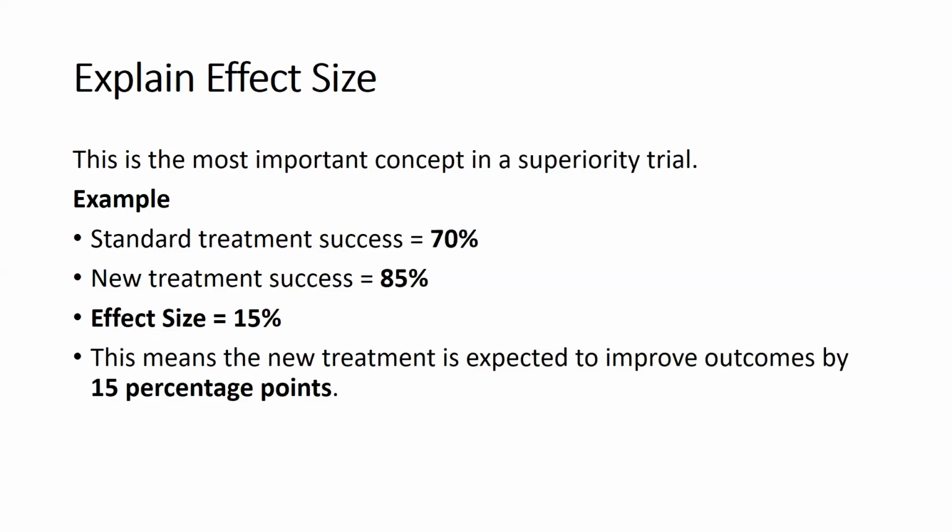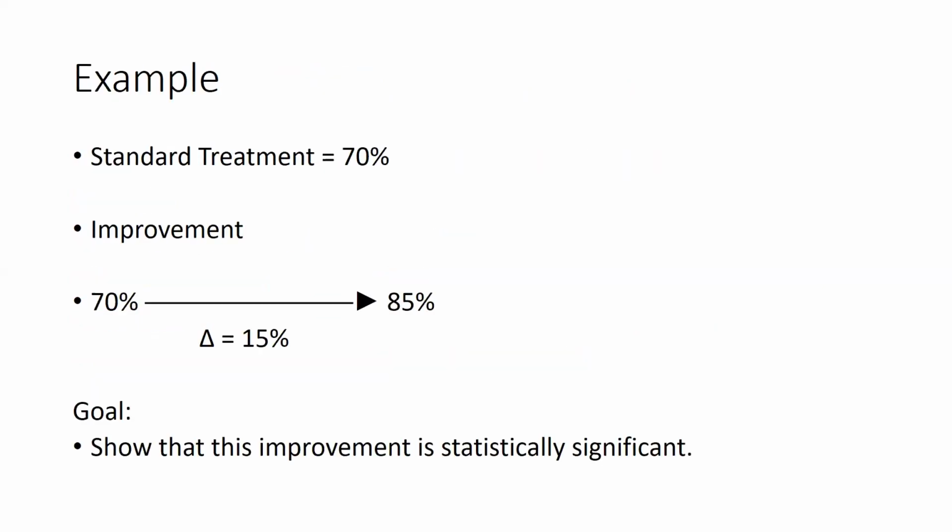We have already discussed this. Please see this. Standard treatment is 70% effective. And then what we are seeing is that in the new treatment there is an improvement of 85%. There is an improvement of at least 15%. So in the new treatment, what will the cure rate be? 85% must be over there.